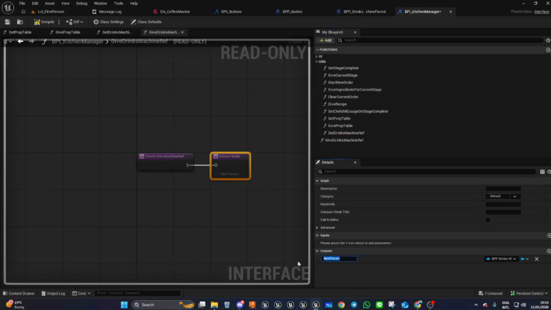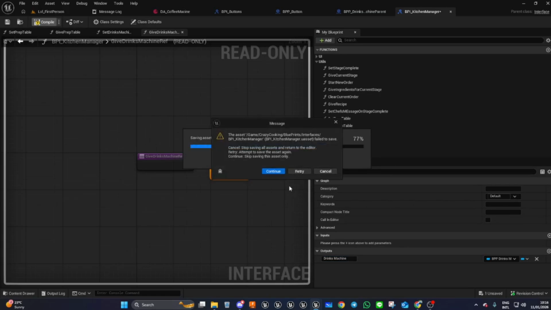We can have an output, and we can put drinks machine, and it's of a BP drinks machine, so it's already set. I'm going to stick that in the category of